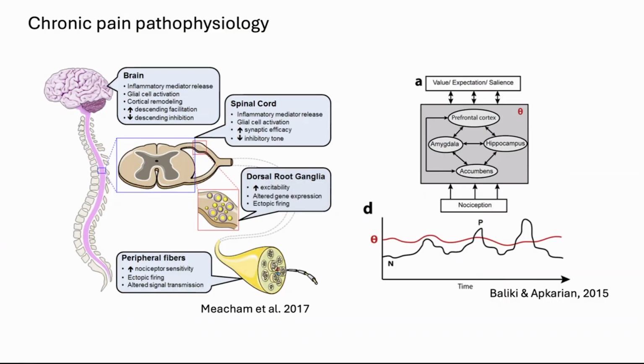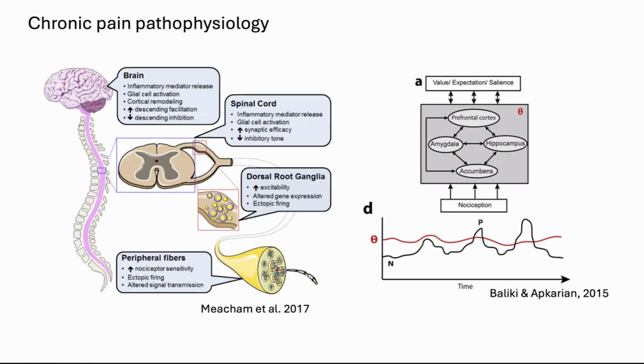Now, we won't have time to discuss these at a great depth, but I still wanted to include this slide to show you that we know quite well that, for instance, nociceptors can become sensitized over time and fire in response to stimuli that would otherwise not be detected as noxious, or maybe in other words, subthreshold stimuli. We also know that inflammatory processes caused by the injury play a role in sensitizing nociceptors. There's even some evidence that some of these inflammatory processes can reach the spinal cord and even the brain. This is often described, by the way, as peripheral and central sensitization. We're going to talk about this in a couple of slides.